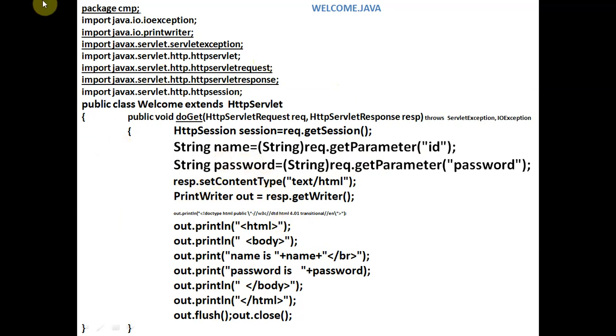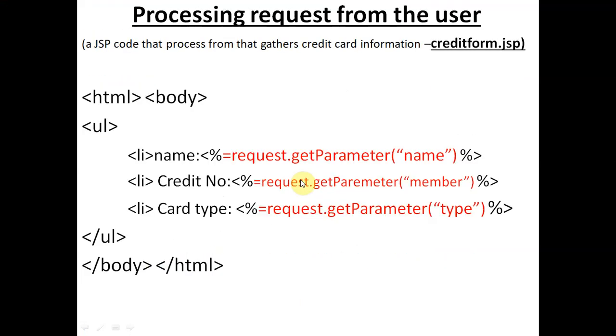तो सर्वलेट इज लिटिल बिट कॉम्प्लेक्स, थोड़ा सा इसका प्रोग्राम डिटेल प्रोग्राम है, इसके प्रोग्राम का साइज ज़्यादा है, और यहाँ पे जो JSP में है स्टेटमेंट इजीली हम इसको लिख सकते हैं, तो इसलिए JSP का भी यूज होता है. JSP, द स्टेटमेंट ऑफ JSP आर यूजर फ्रेंडली, एंड writing code in JSP is easier than writing code in Java servlet. So that's why some of the programmers prefer JSP programming, and JSP is ultimately converted into Java servlet.